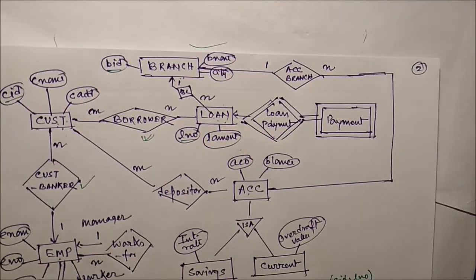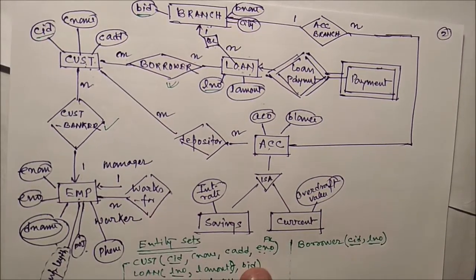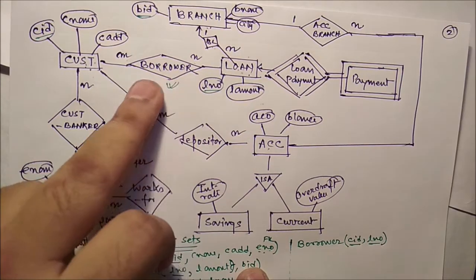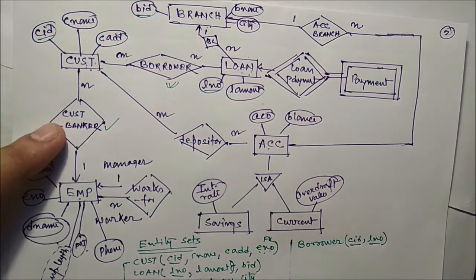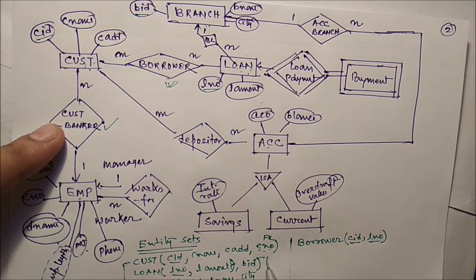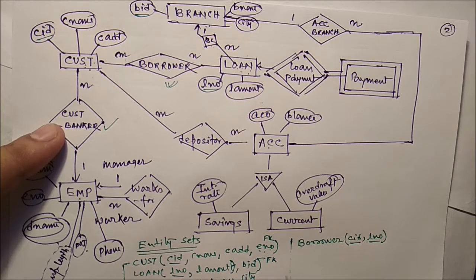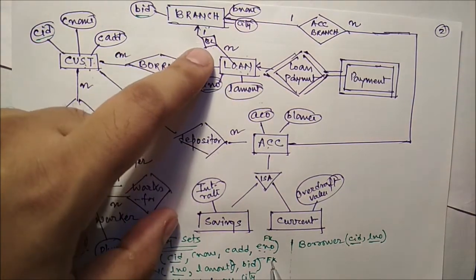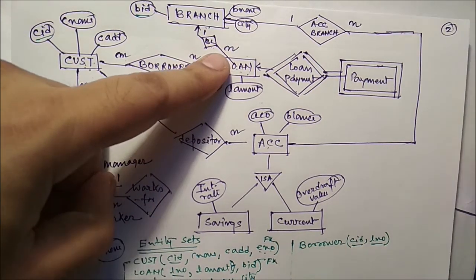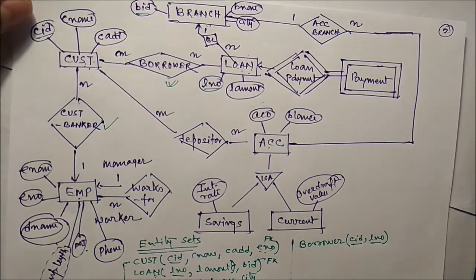Are you getting this one? That particular branch ID. So this branch ID is what? It is nothing but the primary key of this particular branch. So this is nothing but our foreign key. Are you getting this one? So with the help of this, we establish a relationship between branch and loan. So this is nothing but BL. In the N side, that is in the loan side here, we have put the foreign key.